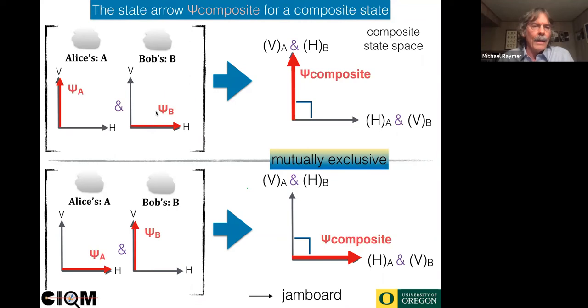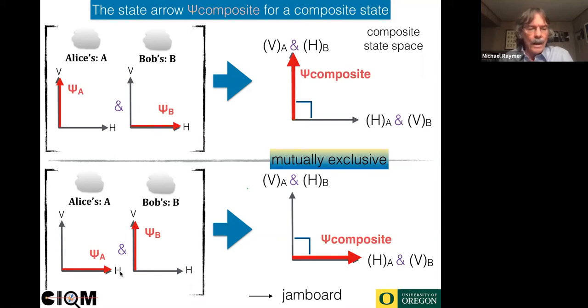Alice V and Bob H. Remember, we can represent that by V, A, and H, B. This little symbol here at the top of this arrow is a state. And remember, we said we can always represent quantum states simply by pointing to it. So think of this as a person standing there, pointing towards this state, saying, that's the state. I see Alice is tall and Bob is short, and I'm going to point over there and say, that's what the state is. Now, that person here is not pointing at this other one, H, A, and V, Bob, because that's not this state, okay?